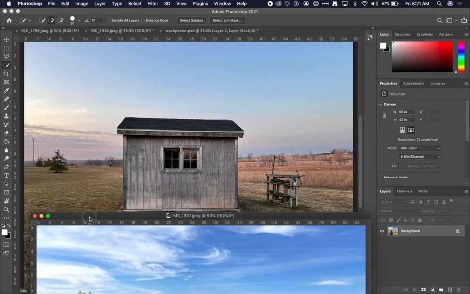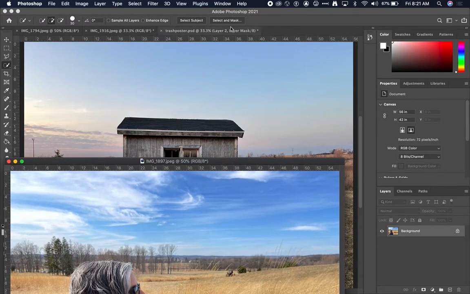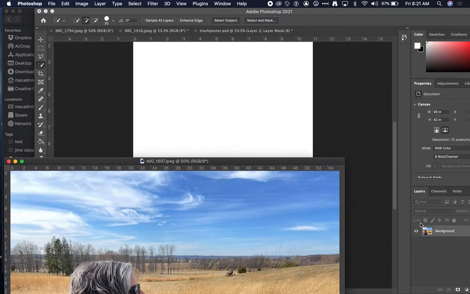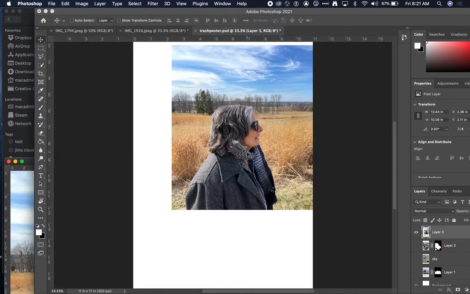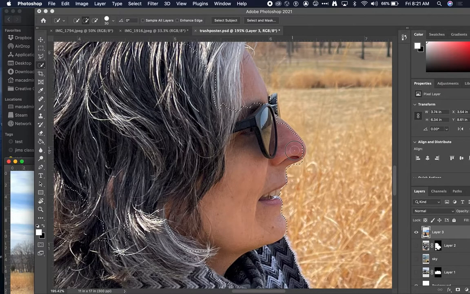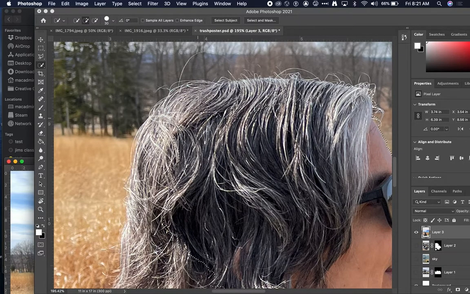There she is. And then I just need to get back to my poster. So there's the layer. That's something that happens, it goes behind. Okay, now it is in the poster layer, and quick selecting again. I'm going to do a better job around her face because that's kind of important. And this is where the